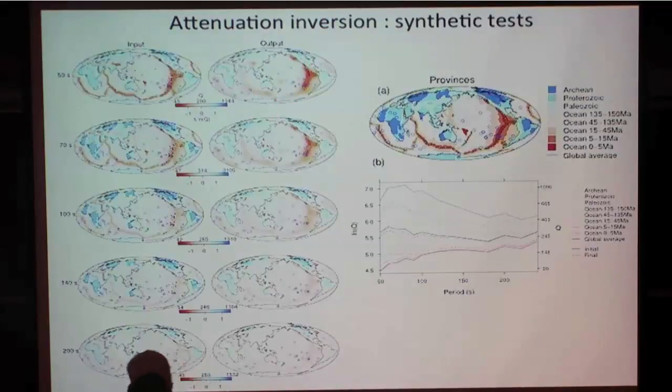Then we thought that maybe it is due to the focusing correction, but the focusing correction does not fix that because you have a slow velocity. So it seems that it is present in the Dalton model, and if you compute correlations between the different attenuation models, in fact, they do not correlate very well at all. The mid-oceanic ridges are seen in the Dalton model, but they are not very clear.